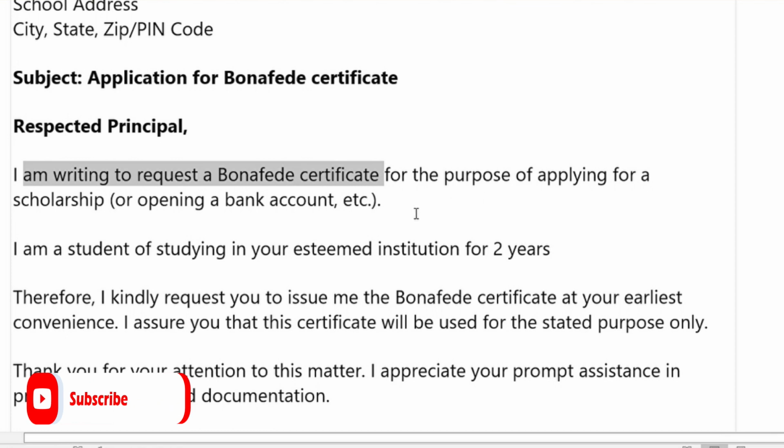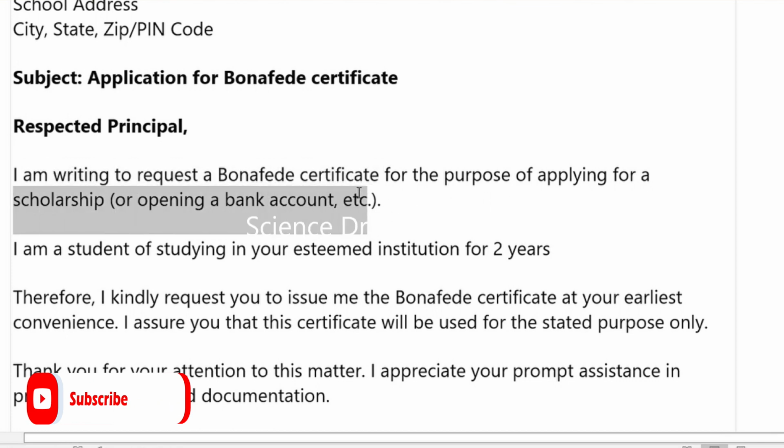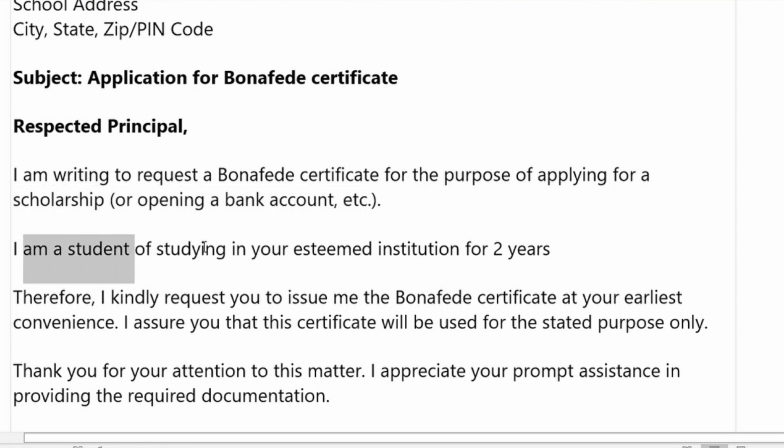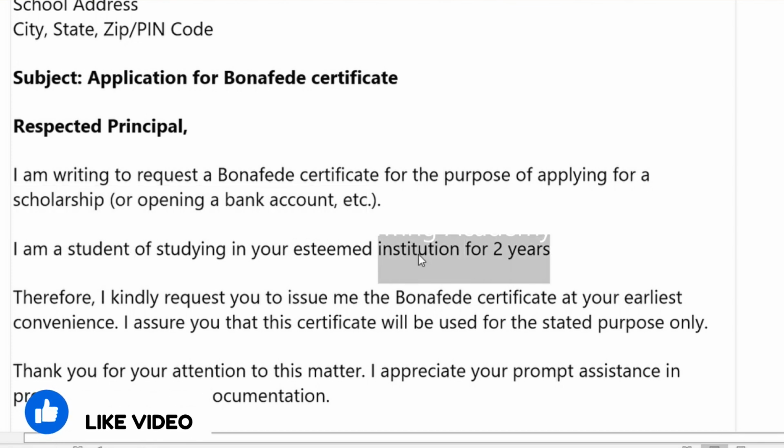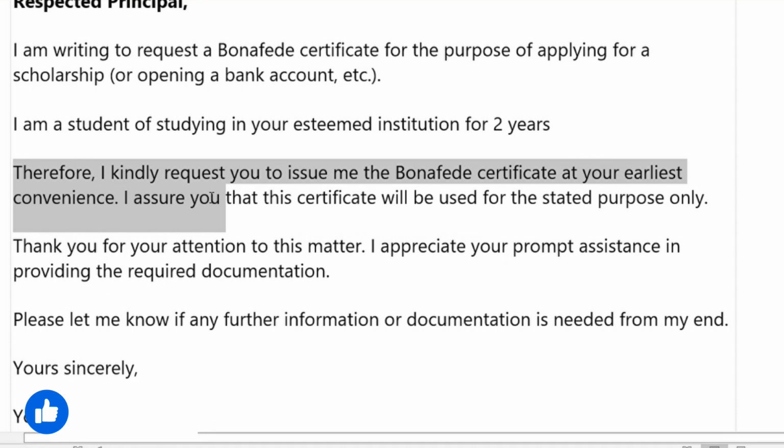For what purpose you're requesting, you should talk about here, and you should also talk about which class you are in and how long you have been studying in that school. You should write that here. You should also mention when you would require this bonafide certificate, and its importance